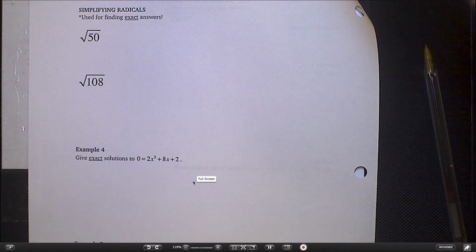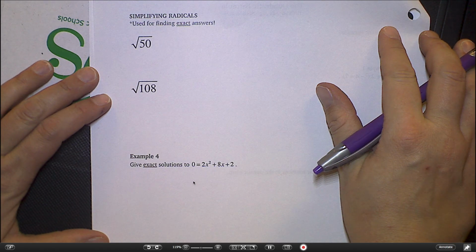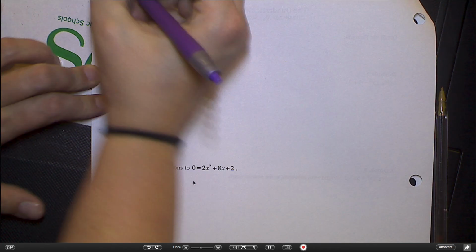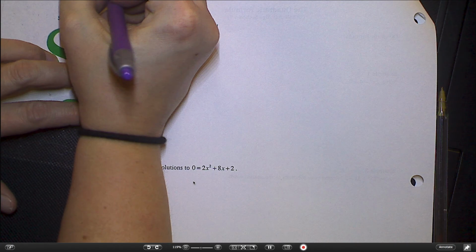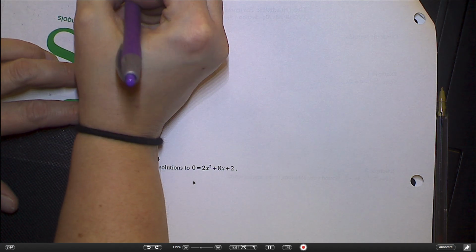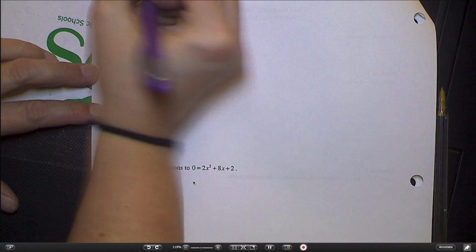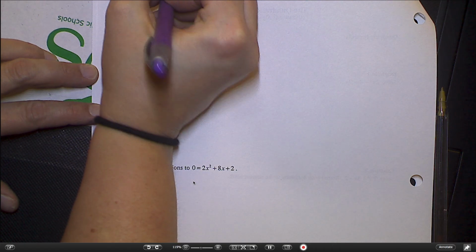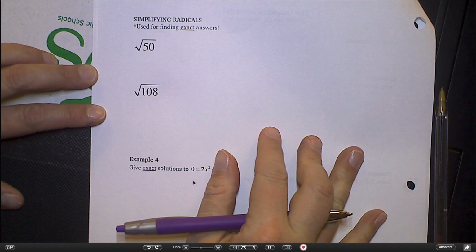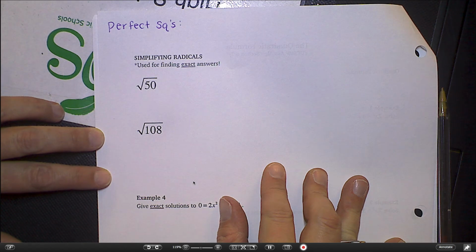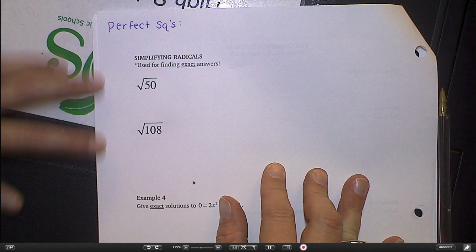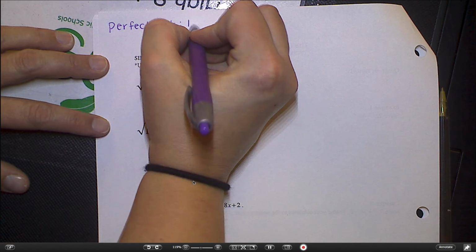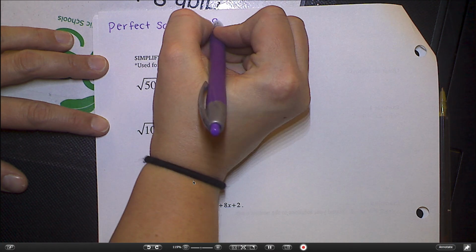Okay, so like I was just saying, probably the first thing you need to know here is perfect squares are going to be really important today. And I'll talk about why in just a second. But I want these numbers to jump off the page at you. All right, so when you see 1, 4, 9, 16,